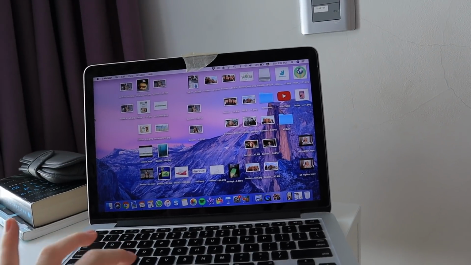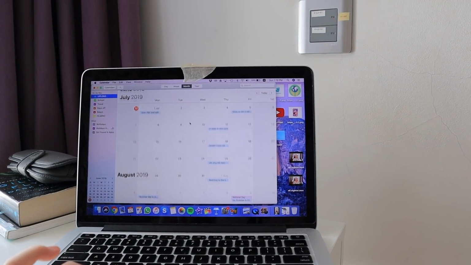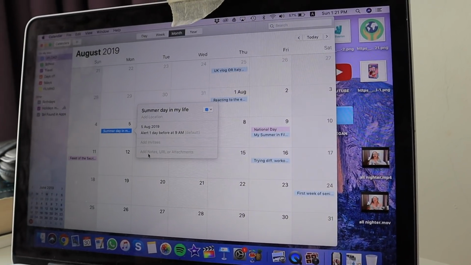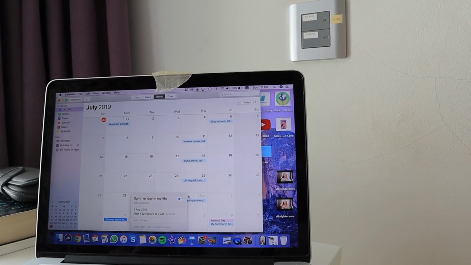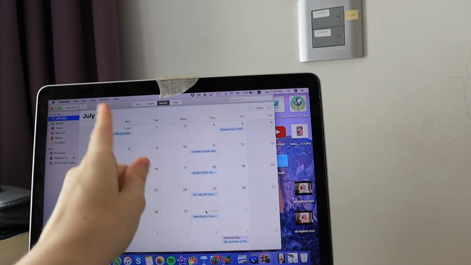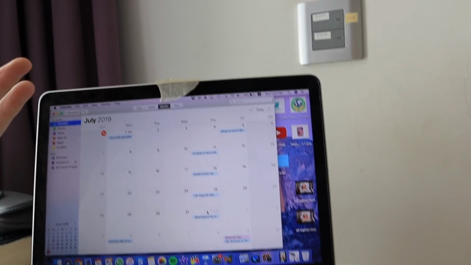So if you're on my laptop and you go to the calendar, you can see all these little blue things right here. I basically just make events, and then I'll write down what the video idea is, and then just put all day and the date that it's going to be uploaded. And this just helps me stay on track when it comes to filming, knowing when I'm going to upload, and just making sure that I'm more consistent.